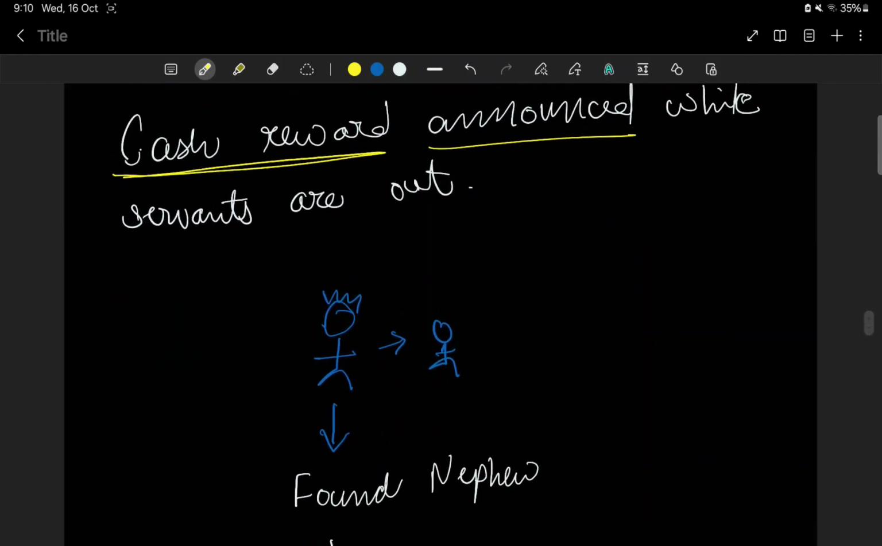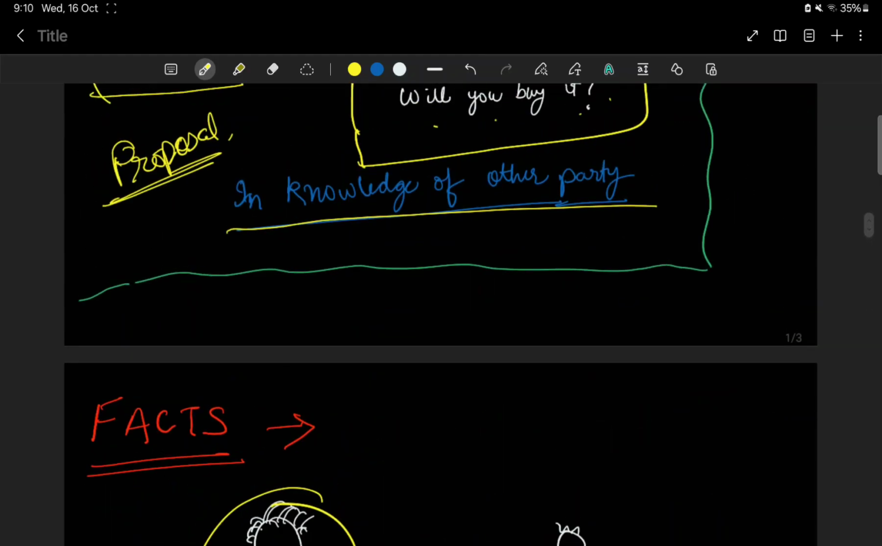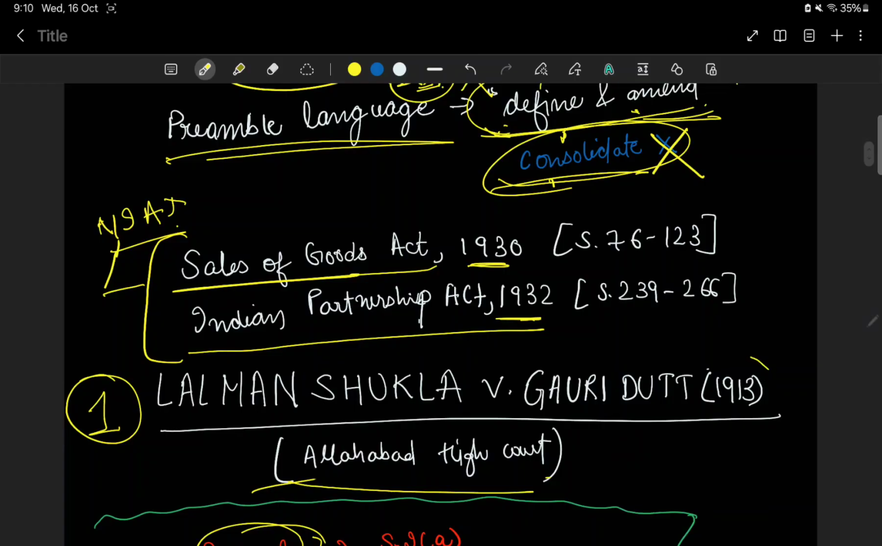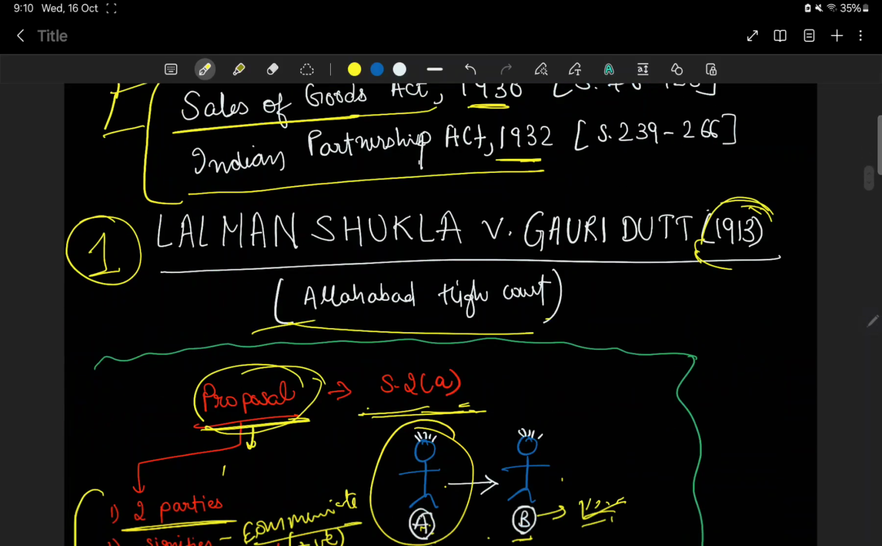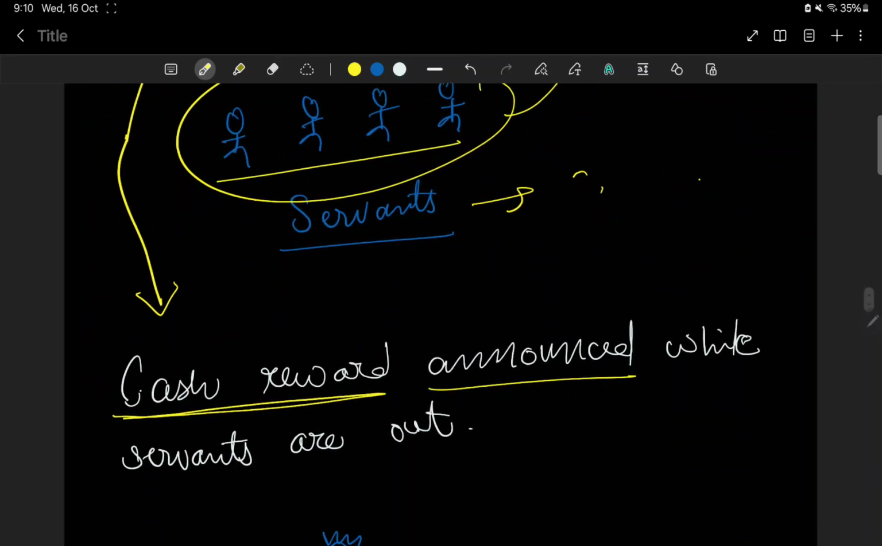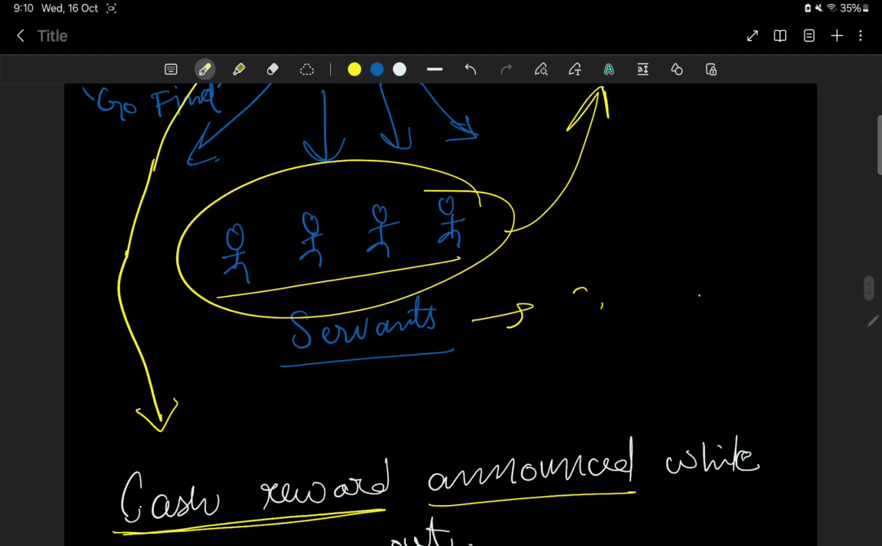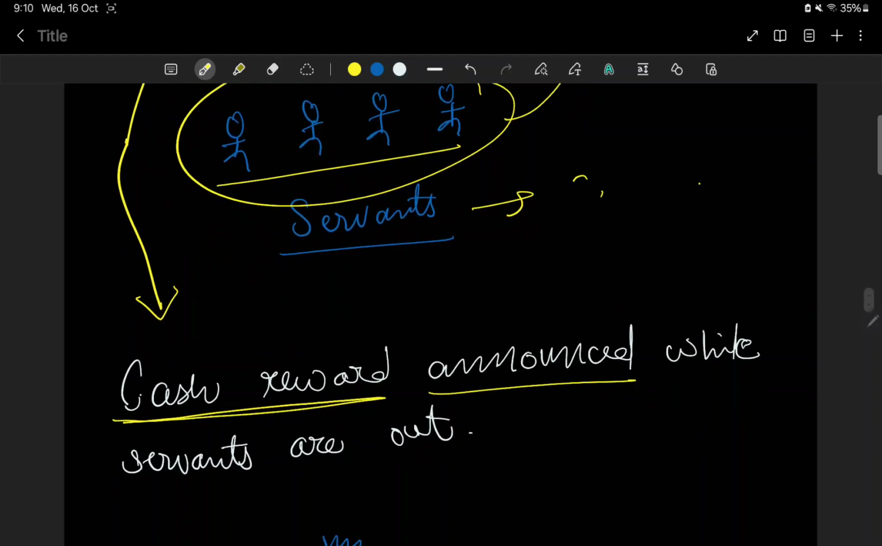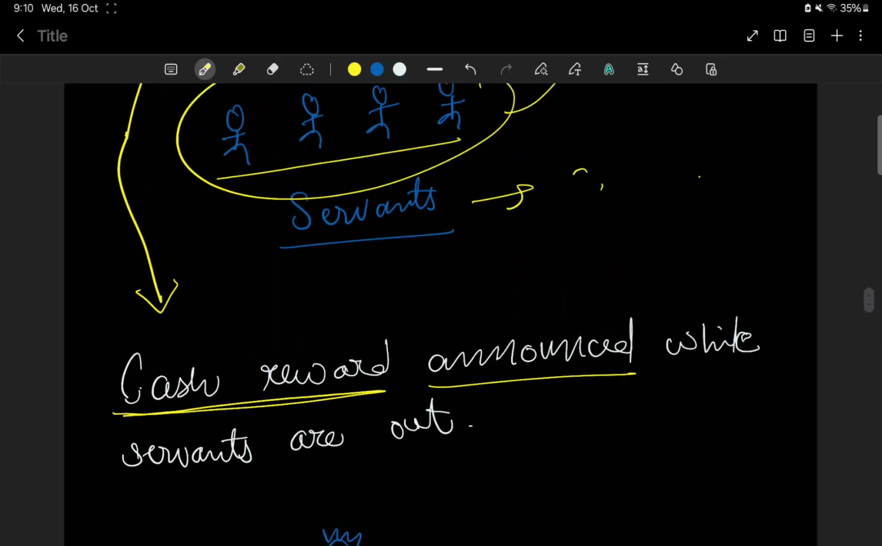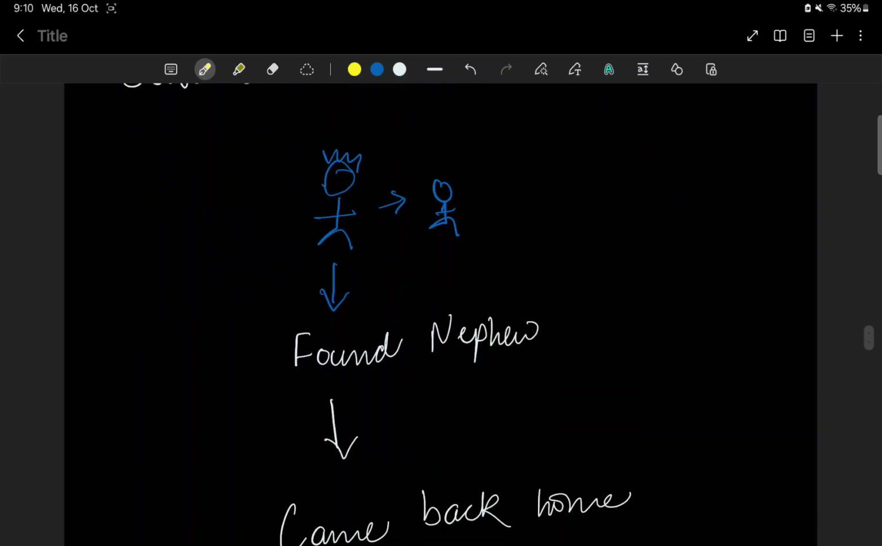ठीक है। Now you have to understand that this case is of the year 1913। 1913 का ये केस है। At that point of time, the mobile phones or the communication through WhatsApp and calls, that was not that much prevalent, so the servants were very much unaware of this reward when they were out। ठीक है, अब सर्वेंट्स जा चुके हैं घर से, उनके जाने के बाद this defendant he announced a cash reward, जो भी उसके नेफ्यू को ढूंढ के लाएगा उसको ही will give the cash reward, right. Now what happens is, जो सर्वेंट्स गए थे ढूंढने के लिए,